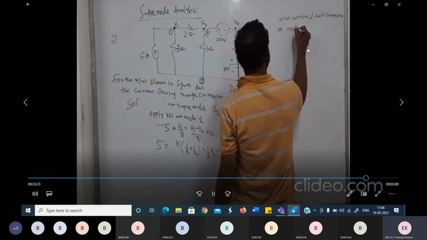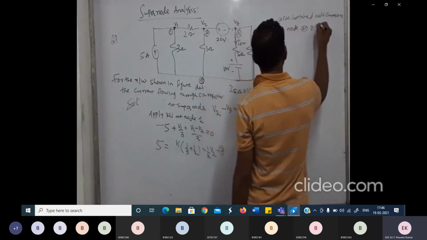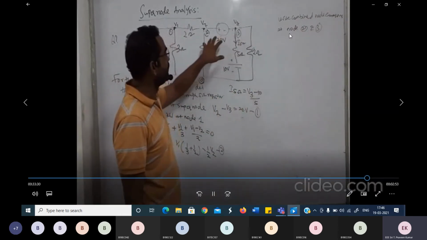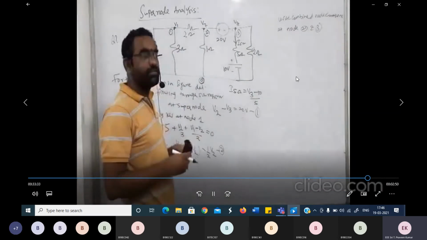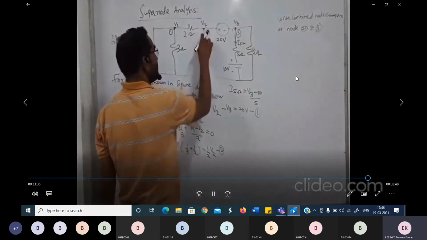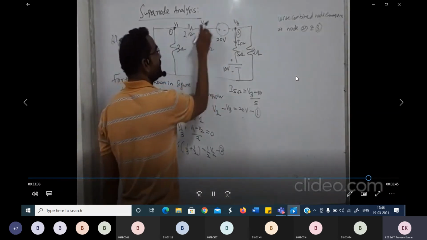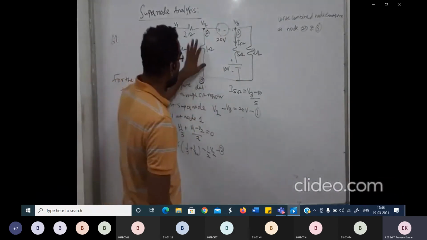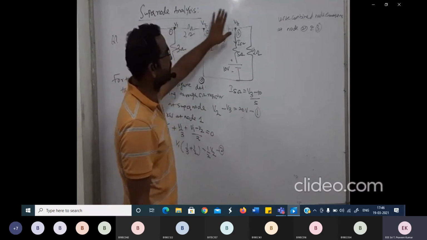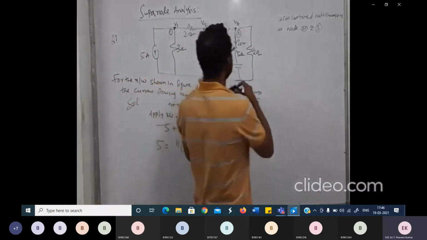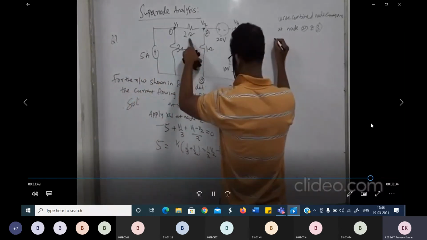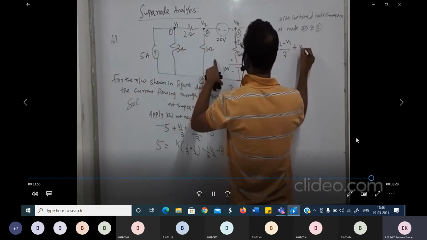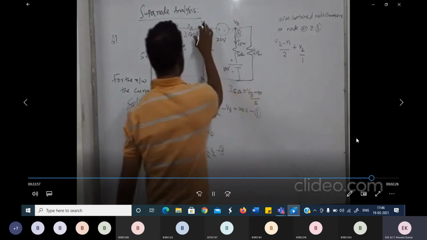at node 2 and 3. Now why do I have to write a combined nodal equation? What is the reason? Because between node 2 and node 3, we have a super node which is formed. So first we will see what elements and sources are connected at node 2. 1 ohm is connected, 2 ohm is connected, and a voltage source is connected. So I'll write the equation for the current flowing through these resistors. The current in the 2 ohm resistor is V2 minus V1 divided by 2 plus V2 by 1, right? So this is at this node.